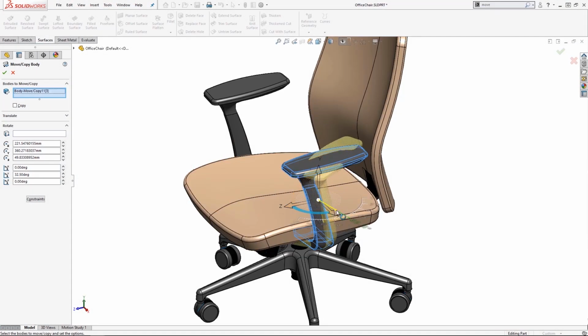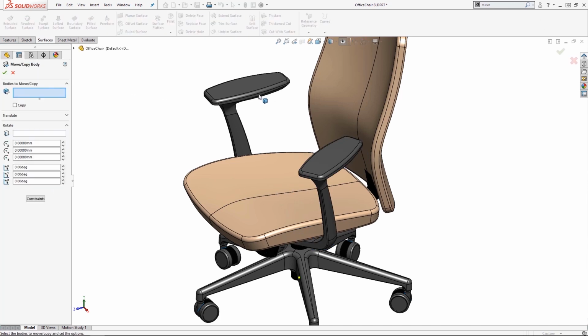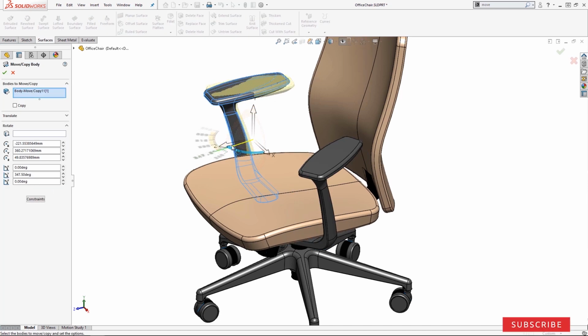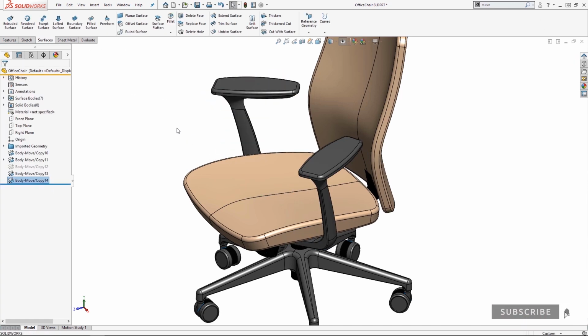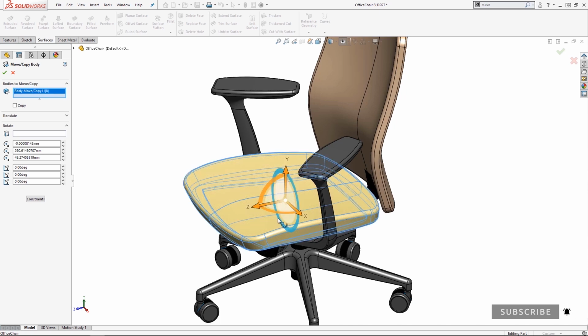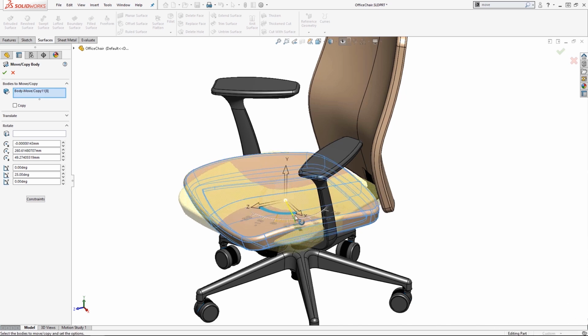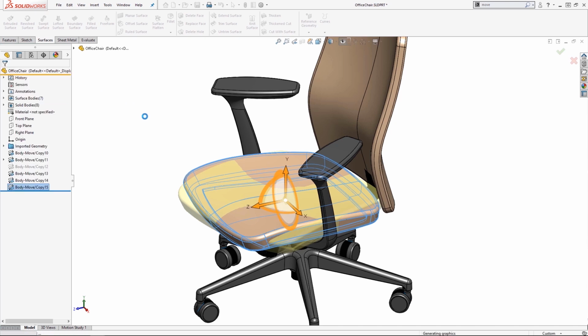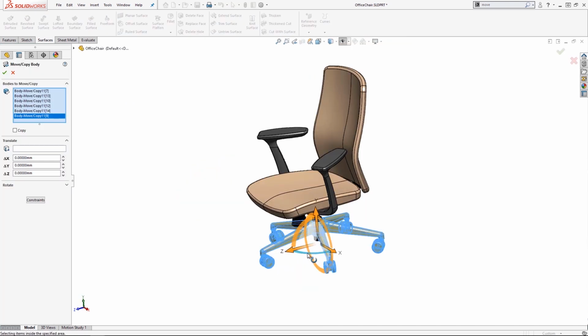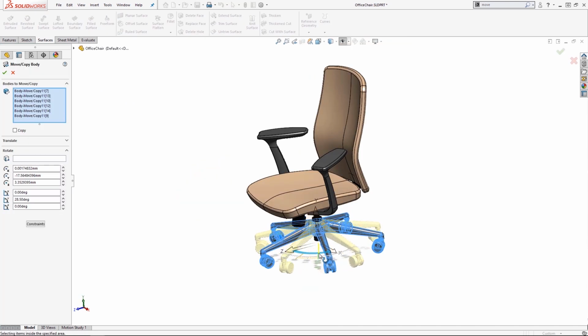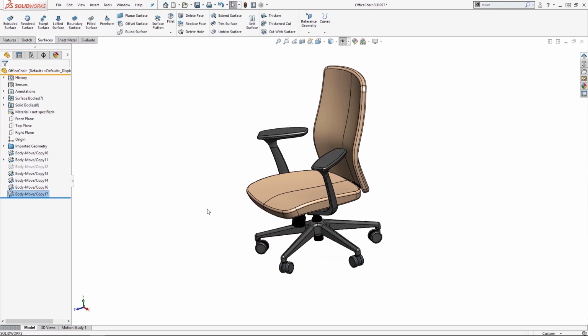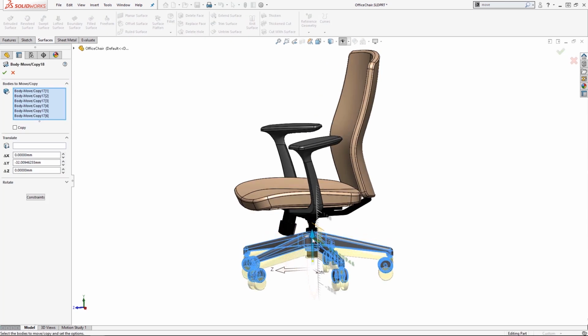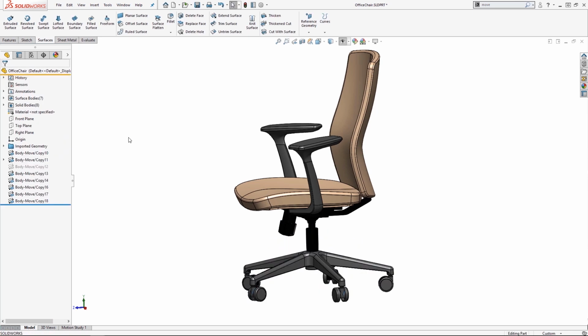In this SOLIDWORKS quick tip, we are going to review how to rotate a part. It is often necessary to import non-native files into SOLIDWORKS to support our design and to further communicate how our components interact with components resourced from suppliers, for example. So in this tutorial, I am using a file downloaded from GrabCAD to show you how to use the Move/Copy Bodies tool to effectively rotate our model to the correct orientation.